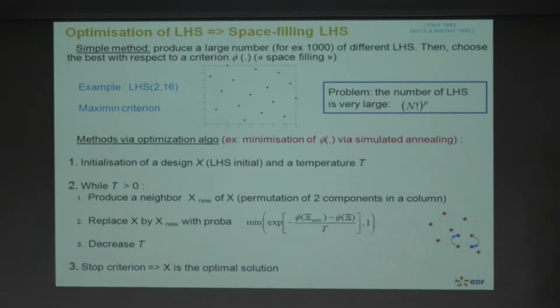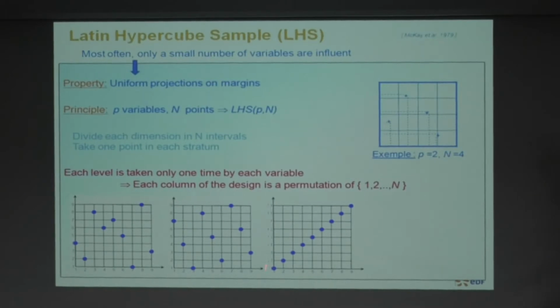To finish, I have 5 minutes. I want to now, I have a good LHS, but you see that sometimes, if I build an LHS, there is some randomness inside the building, because the first point is chosen randomly, the second also. Just the last point is not chosen randomly. So there is some randomness. And maybe I can have bad luck and find a bad LHS.